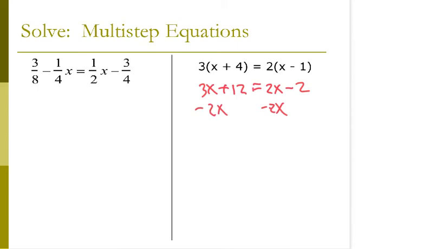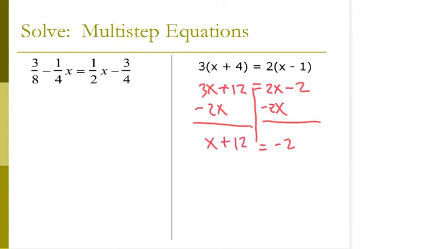Notice that we're putting everything with the like terms. 2x minus 2x is 0. 0 minus 2 is negative 2. On the left side, 3x take away 2x is 1x. We bring down our plus and our 12,